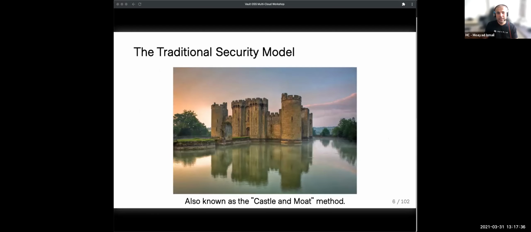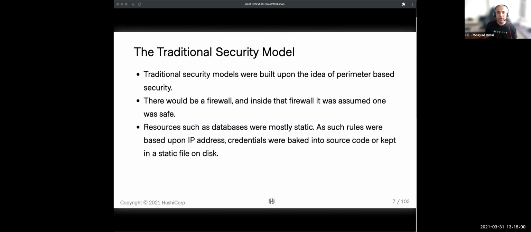Before we get started, let's take a step back and discuss the traditional security model we're all very familiar with. It's also known as the castle and moat method, where you build a hardened shell around your data center or your critical environments, and you have an internal zoning architecture, and you can separate using firewalls, VLANs, and so on. Pretty much it's built upon the idea of perimeter-based security. You establish DMZs and so on, and the firewalls protect by segmenting one network from another.